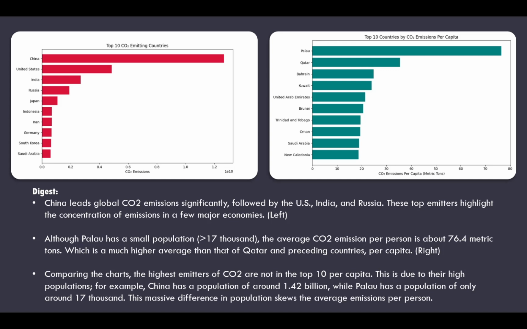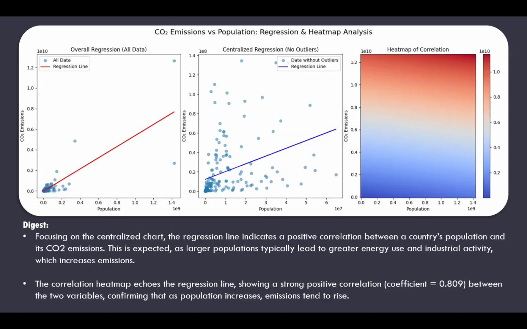I think it's notable that a majority of the top 10 in the left graph are not on the right graph. This is due to high population differences. Here we see a clear positive correlation between population and CO2 emissions. Larger populations tend to emit more. Notably, even after removing outliers, the trend stays strong, and the heat map shows a correlation coefficient of 0.809, confirming